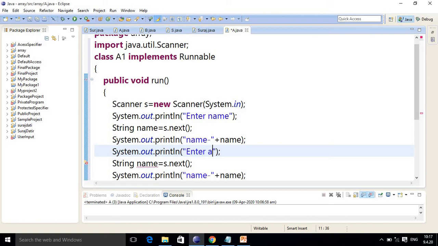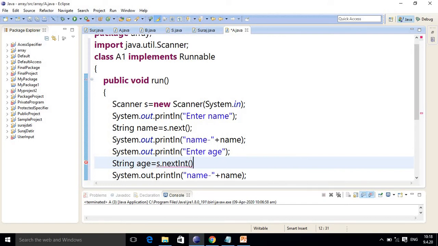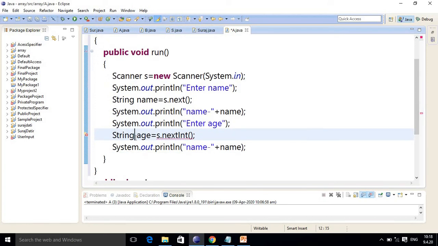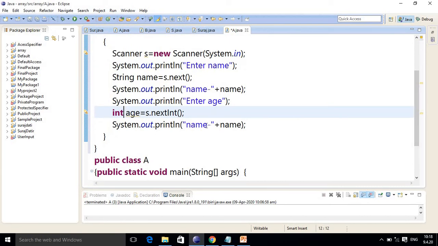I just copy this statement to save my time, and here you add "Enter age". Next, the nextInt method I am using for getting the integer value. Here also, because I am taking an integer value, and finally here I am showing the age.